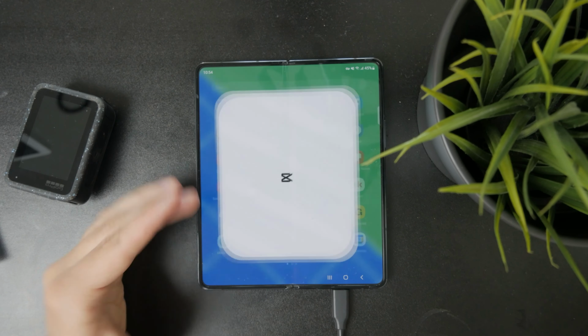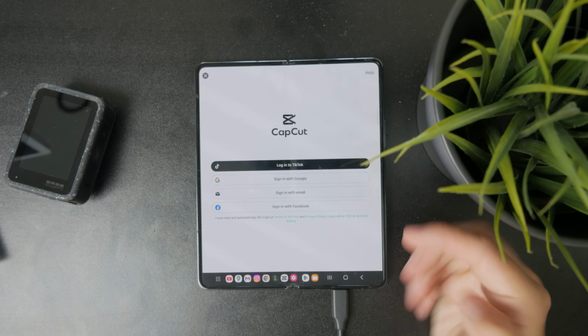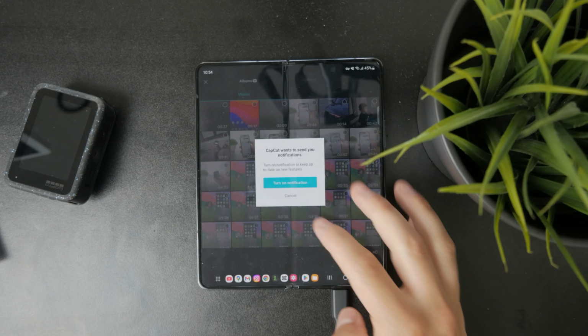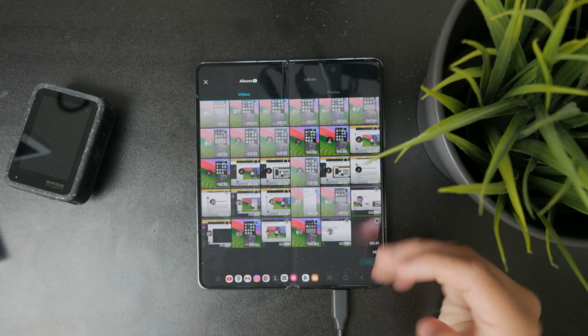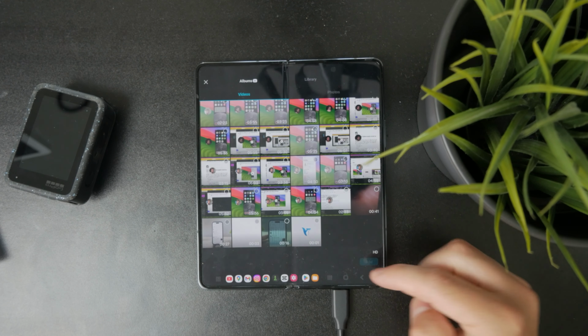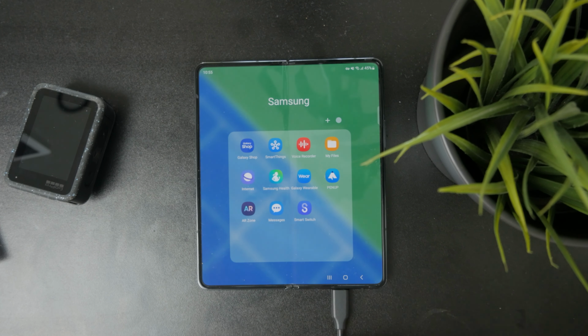But there are some premium features and only a few exports without the watermark, which didn't used to be that way, but that's what we have to deal with. But it's one of the best apps to edit videos on Android and iPhone as well. So if you get that application, you can import your GoPro clips into that app and perform so many different